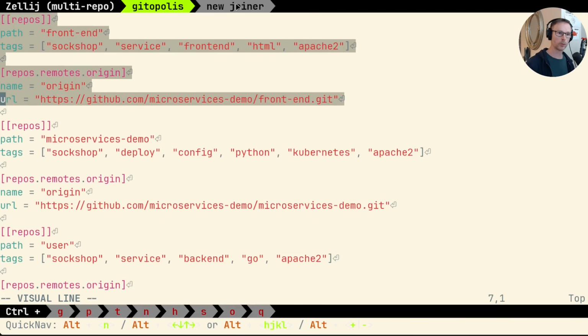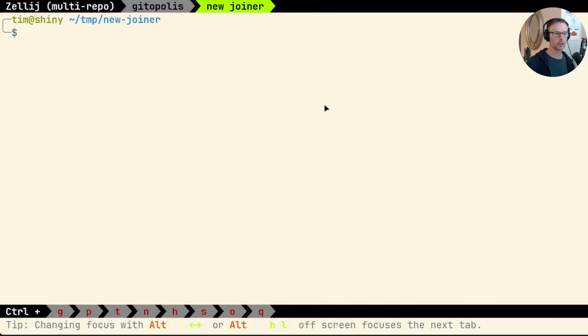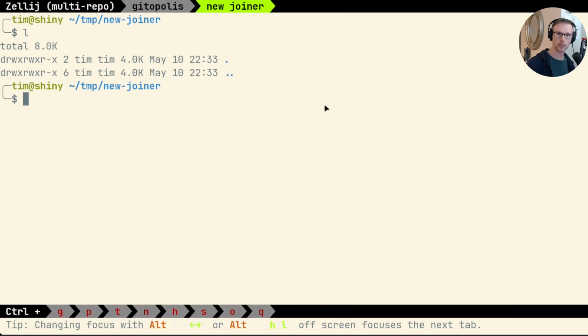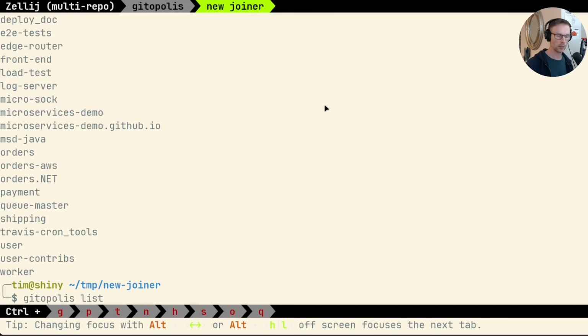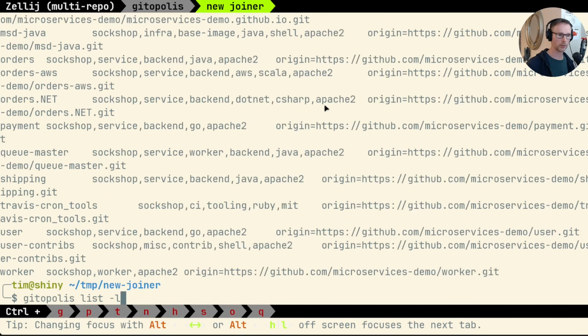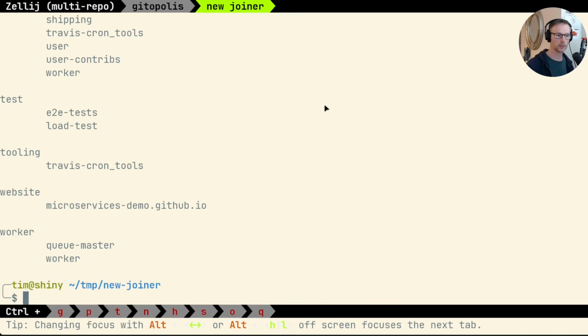And if you want to share this with a team member, so here we have a team, or maybe you've rebuilt your computer, so you need to get up and running quickly, you can literally give them a copy of the file. So now we have that, and then you can go Gitopolis clone. Well, first you can go Gitopolis list, so they can see what's in there. You can use the long mode to get a better idea, or the tags view to see it all by tag. So if they want to see what's in that config file before they do anything,